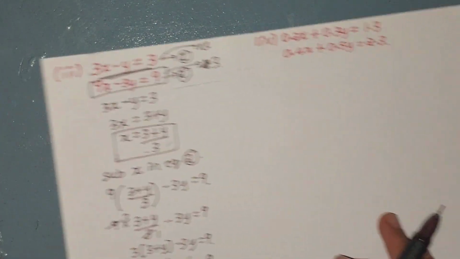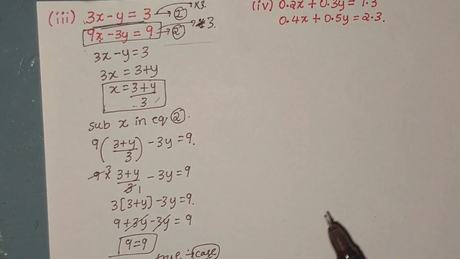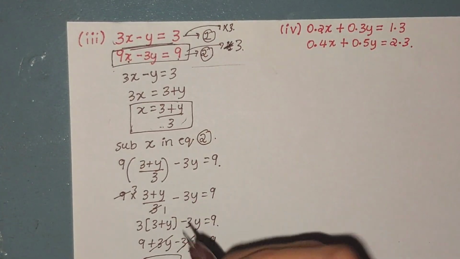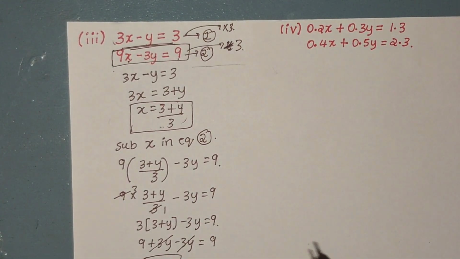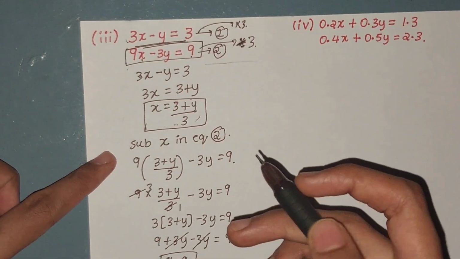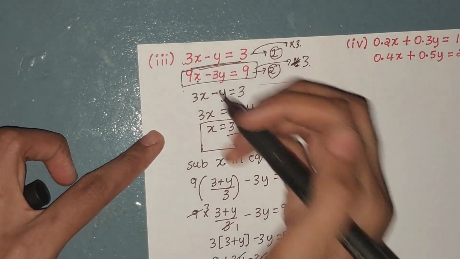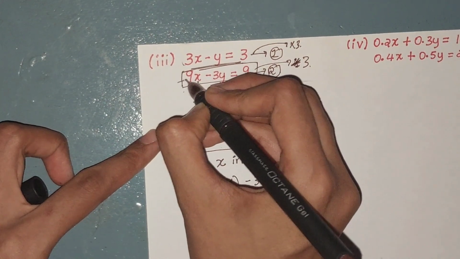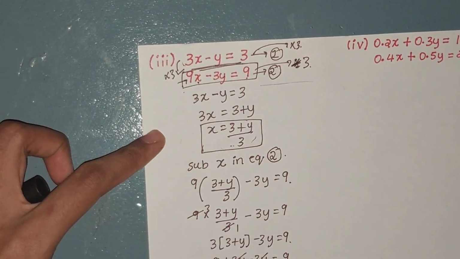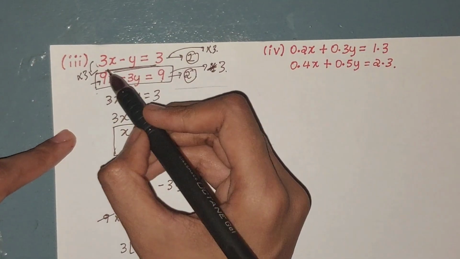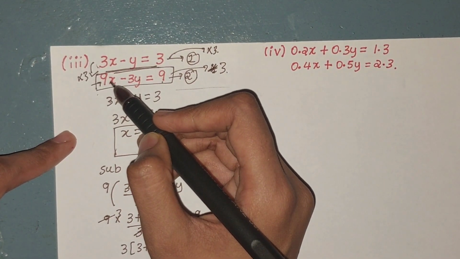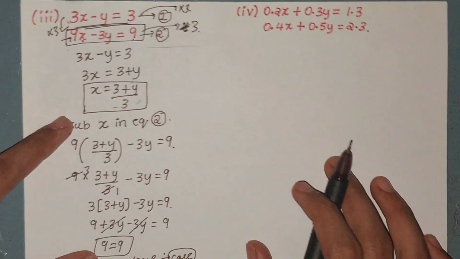Amazing, isn't it? So if one equation is a multiple of the other, which means the second equation is just 3 times the first equation,